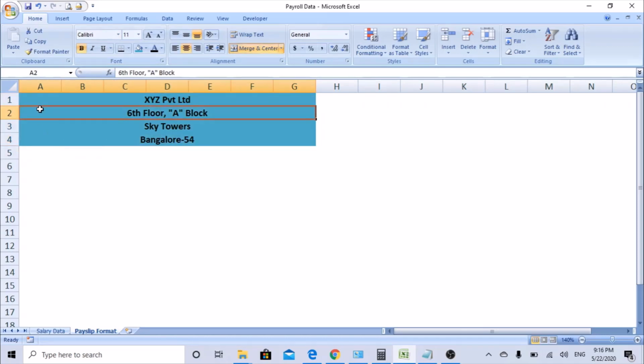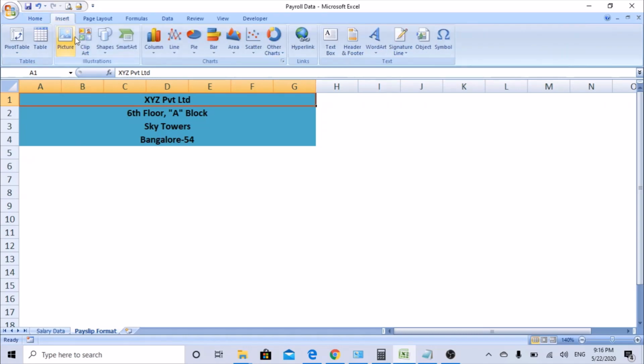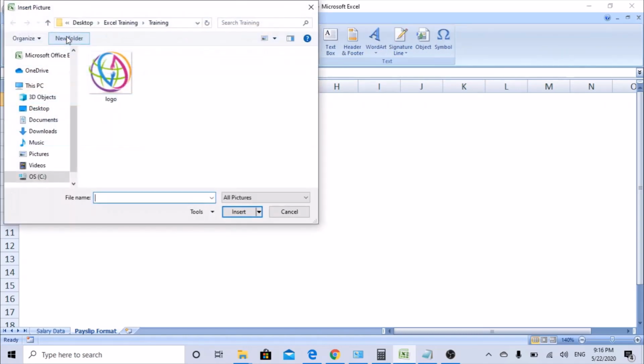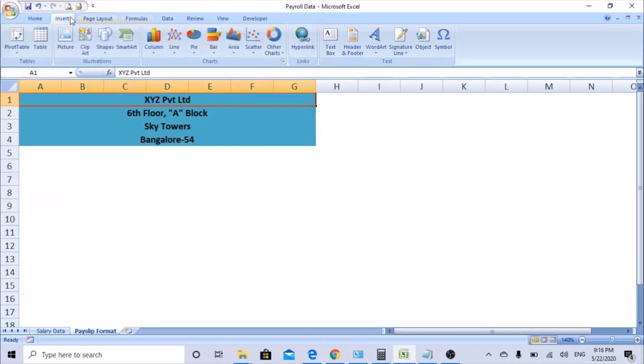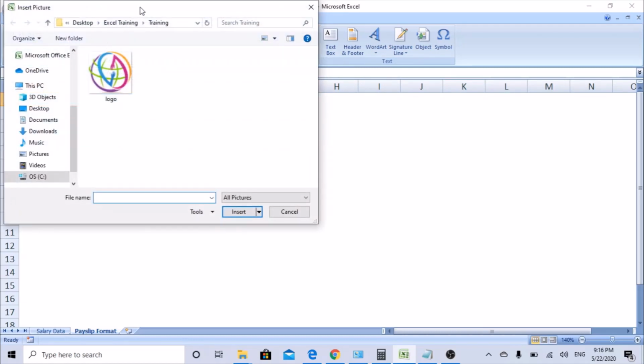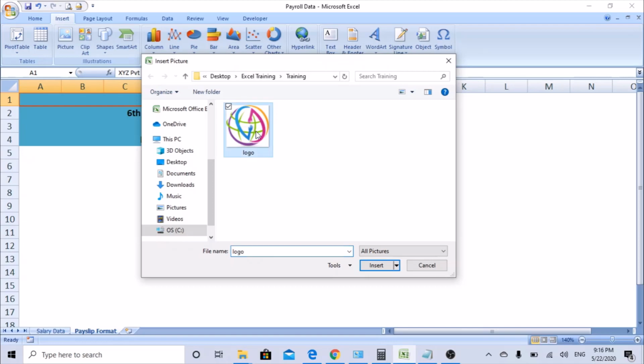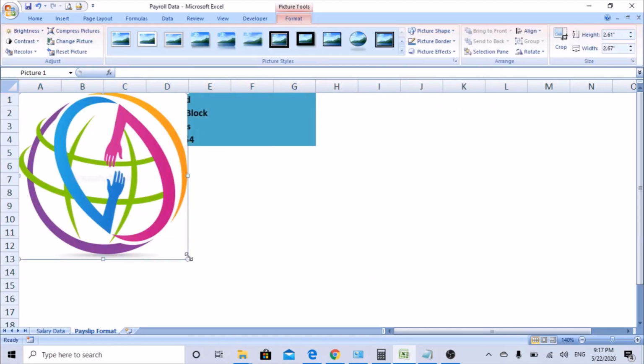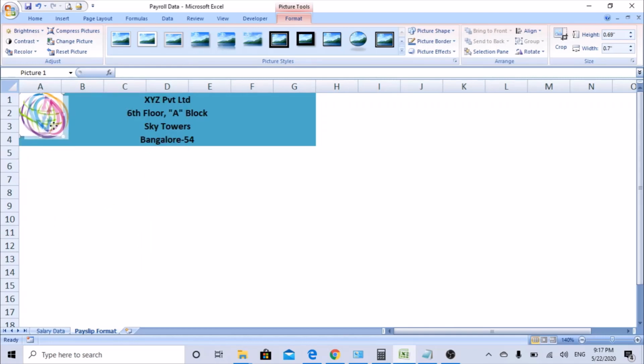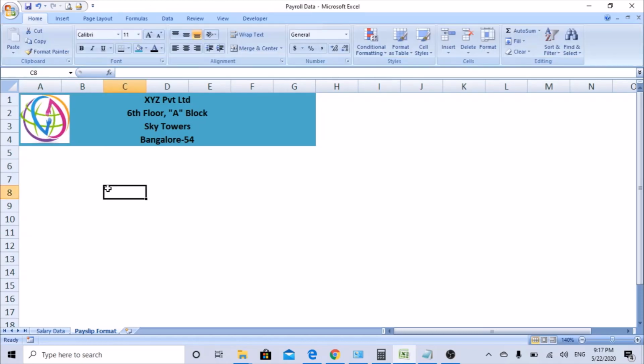So we need to add the company logo. I have downloaded a logo from Google, so you can add your logos. What I did, went into insert picture. In picture, go to logo. Select the logo. Insert. So it's big. Just select this. You can see the arrow mark here. Just drag it down, bring it down to a smaller size, and see whichever looks comfortable. Just set it aligned like that. If you want to make it a little big, it is also fine. So now it looks good.